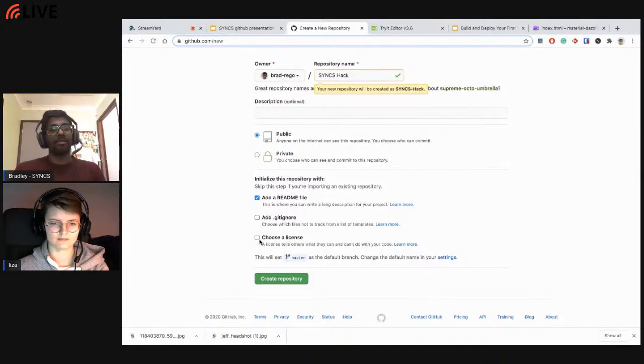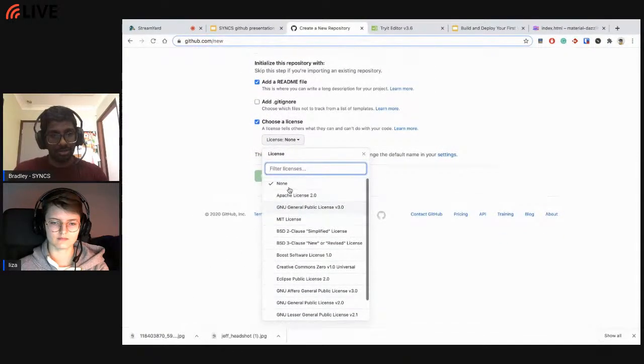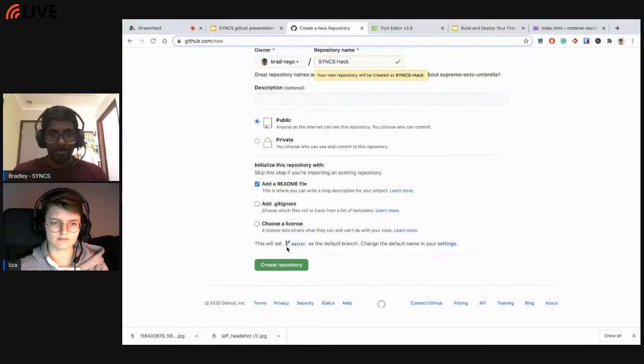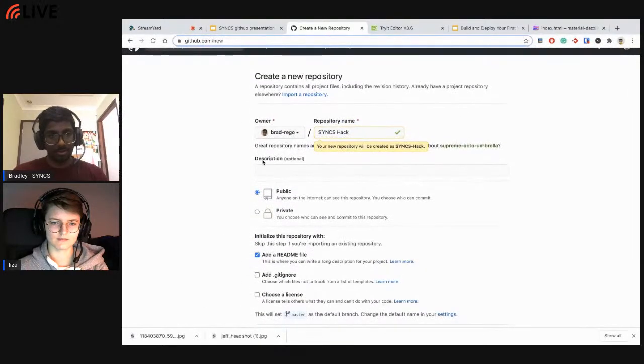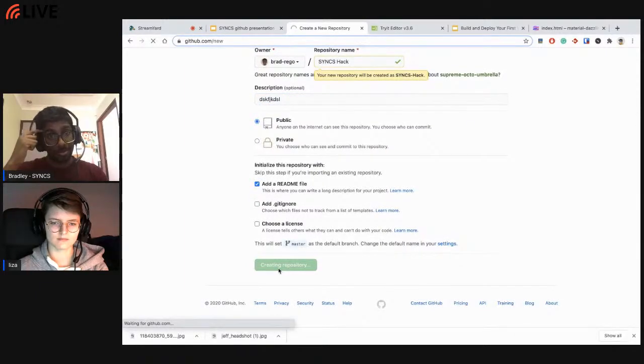And if you're creating something on GitHub, so you're creating a project and you want to be licensed, like an open source license, there's a large number of licenses that you can choose from. So if you want to go down that avenue, you could choose any of those licenses. Just make sure to read what those licenses state and what you have to do. So I won't put a license on this one. After all this, if you want to add a description, you could. I'll add a fake description. You create your repository,